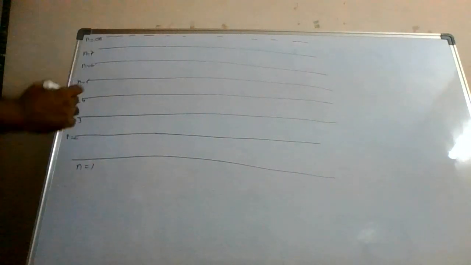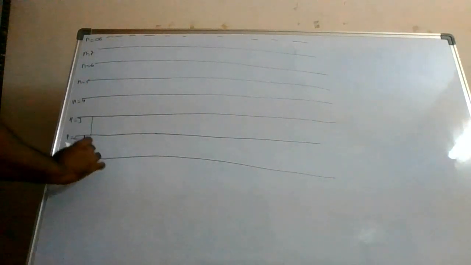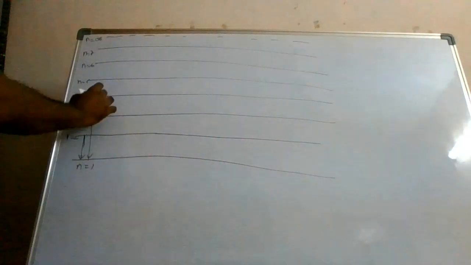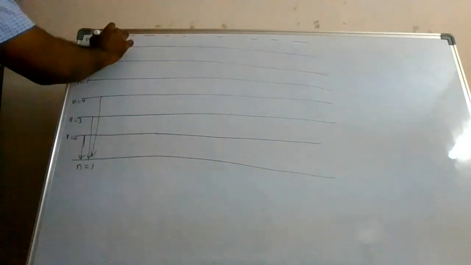So we are talking about an electron in the second orbit coming to the first orbit. It will release light, so we will show this by an arrow. This electron from the second orbit can come to the first orbit, or from the third orbit to the first orbit, or fourth to 1, or like that from infinity to 1. All of these form a series.